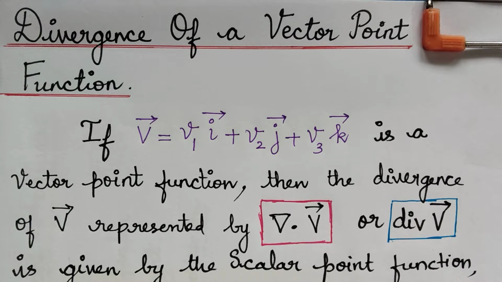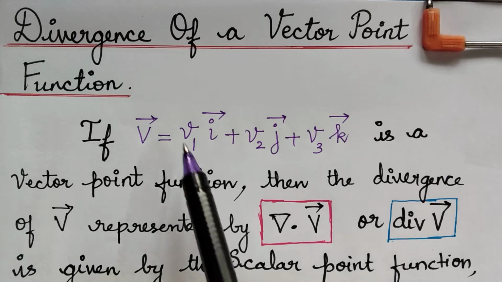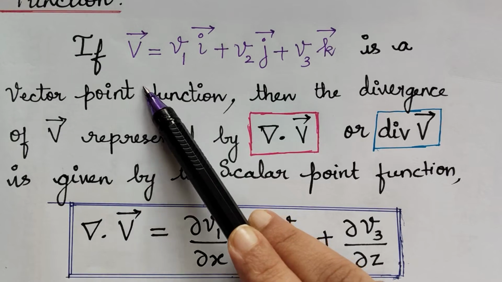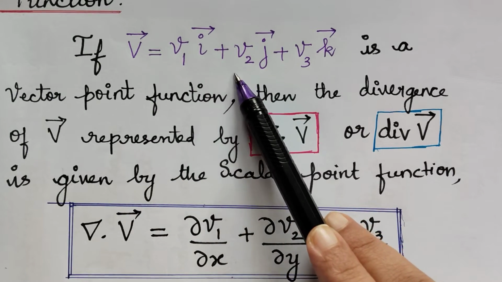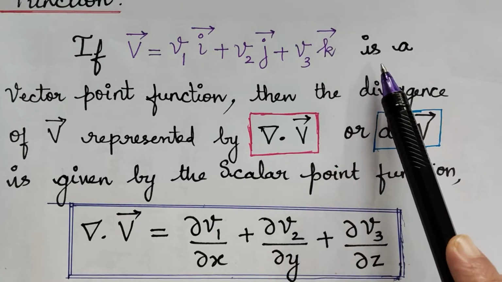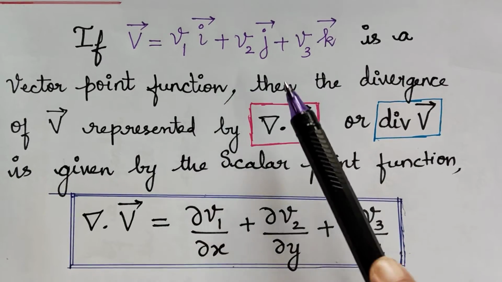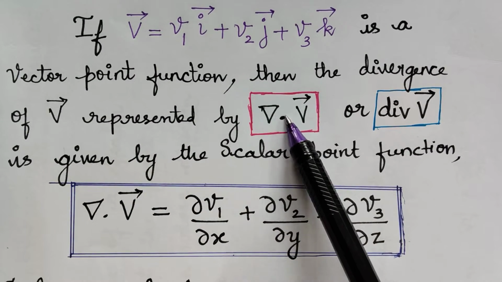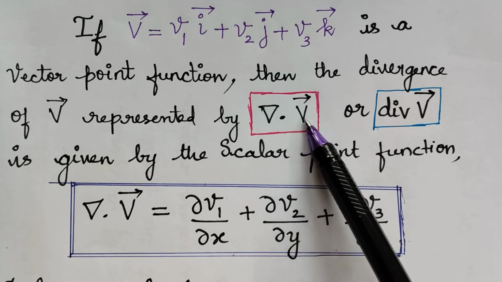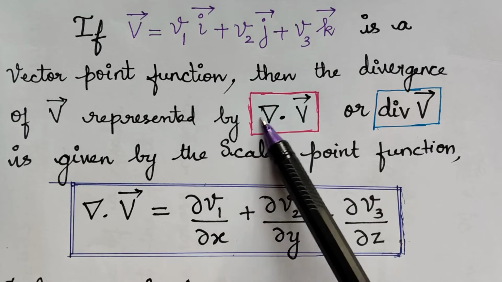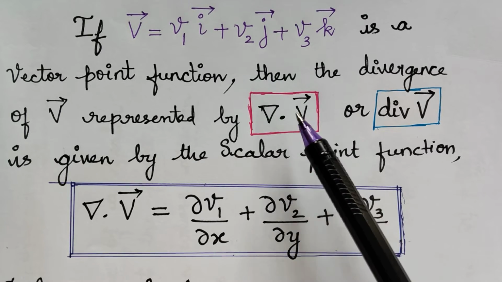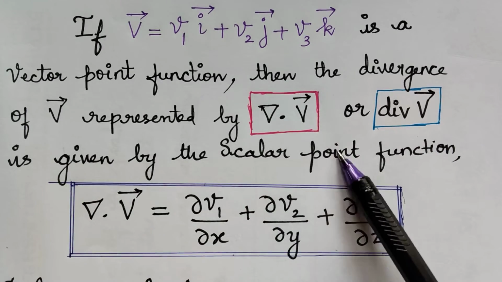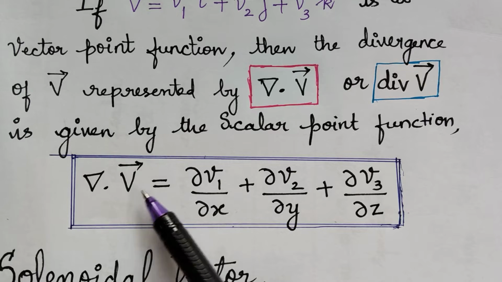Dear students, in this video lecture, we are going to learn about the divergence of a vector point function. If v vector is given by v1 i vector plus v2 j vector plus v3 k vector, and this is a vector point function, then the divergence of v vector is represented by nabla dot v vector. So remember, this is not nabla v vector. Very importantly, this is nabla dot product with v vector, also represented as div of v vector, and it is given by the scalar point function nabla dot v vector, which is equal to